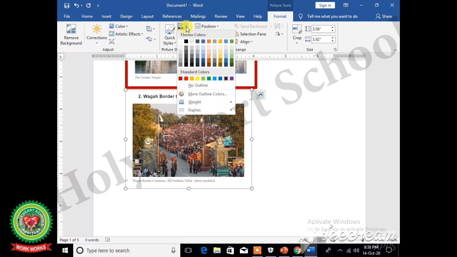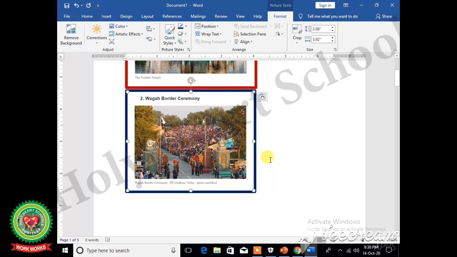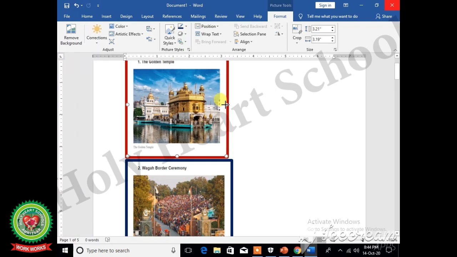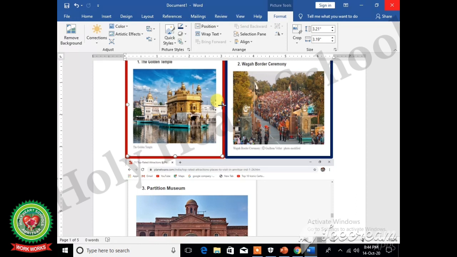Now we will increase the weight of the border. And the formatting of the second image has done. We can also increase or decrease the size of the image by dragging these 8 resize handles. When we will decrease the size of the image, the second image will automatically adjust it near the first image.